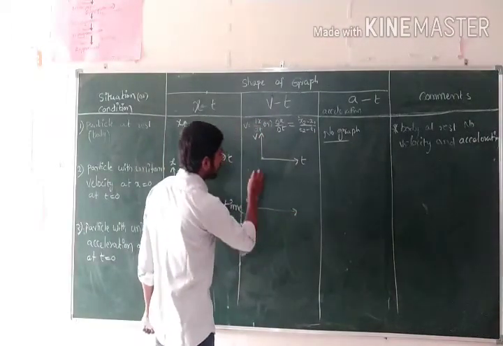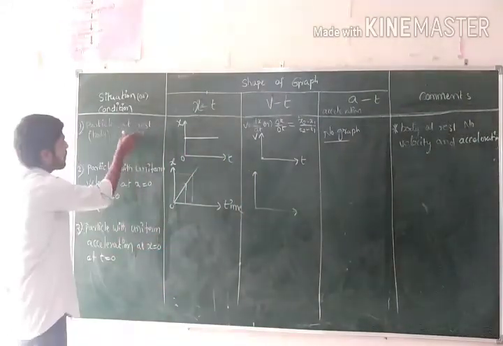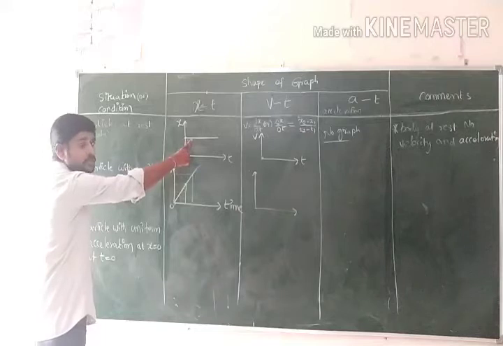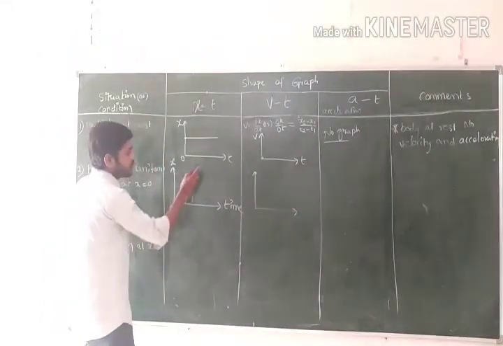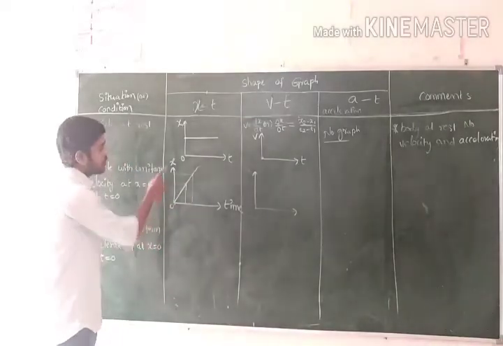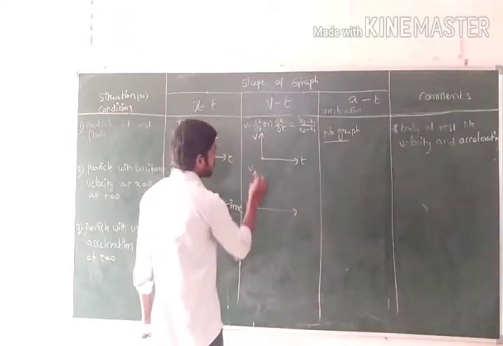It is the same. So now see, the particle is at rest, that is the case. Next, for uniform velocity, the graph will come like this. It is only for displacement versus time. See, next case, velocity versus time.